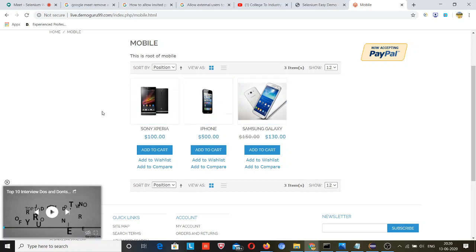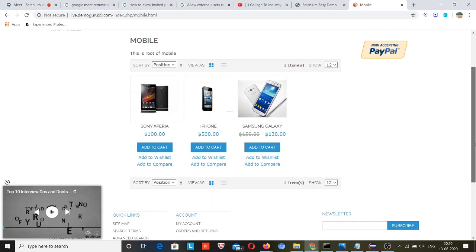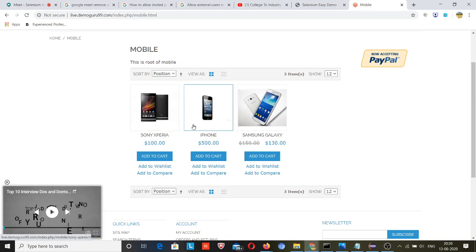Suppose I have 100 products in this web page, how will I count them? I will not go to the web page and count one by one. In that case I will use find elements, and find elements has a size method, and using that size method I will count that I have three products present in this web page.